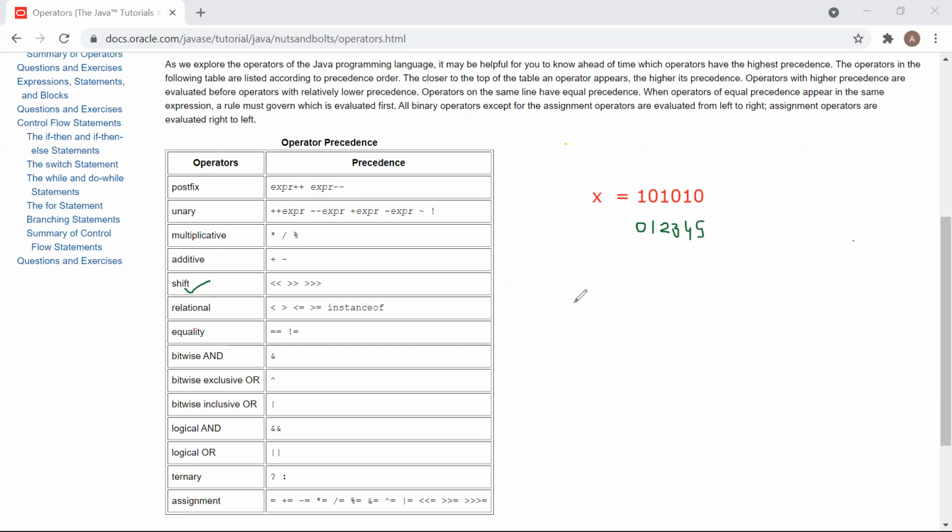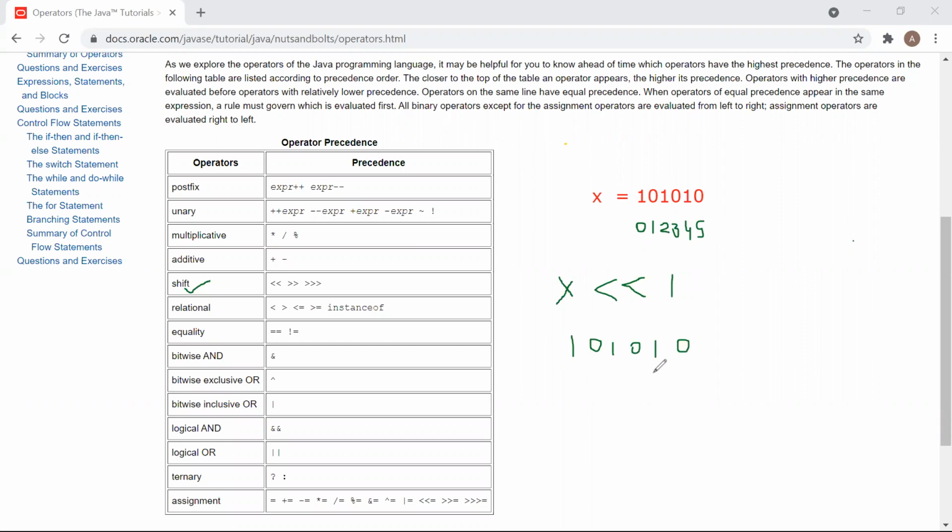Now, if you want to shift x toward your left by 1, what result are you going to get? What is the data you have? 1 0 1 0 1 0, right? So you have to shift every bit toward left.